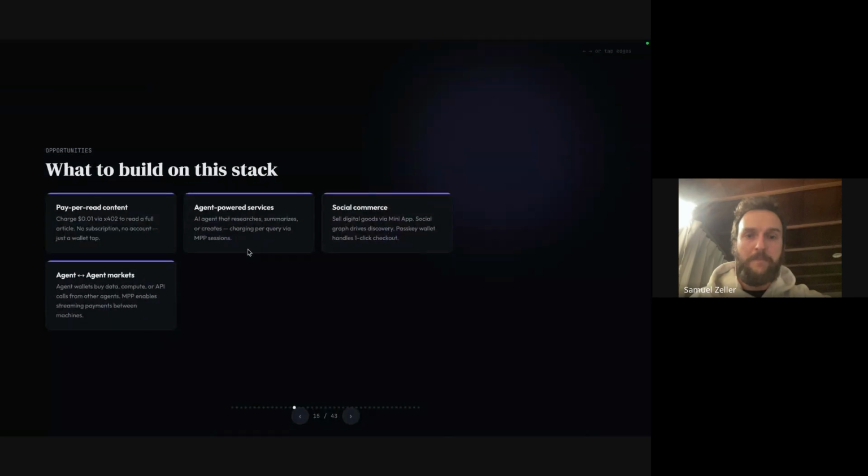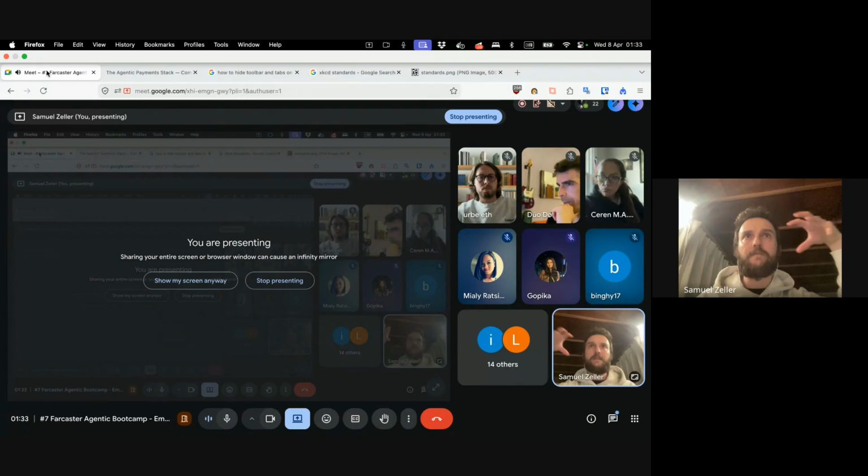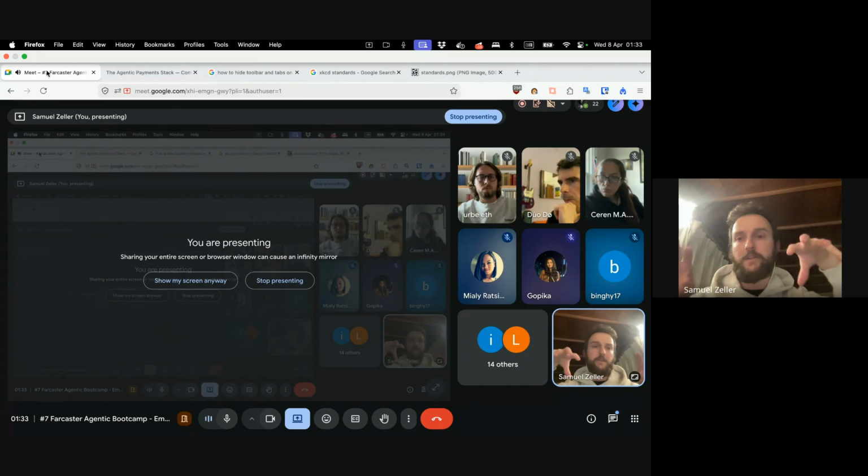You can tie different things together, and your Farcaster wallet or your AI agent wallet can buy compute or API calls from other agents. So you can have agent-to-agent commerce. And if your AI agent is a Farcaster user and it's buying stuff from another Farcaster user, then you have kind of